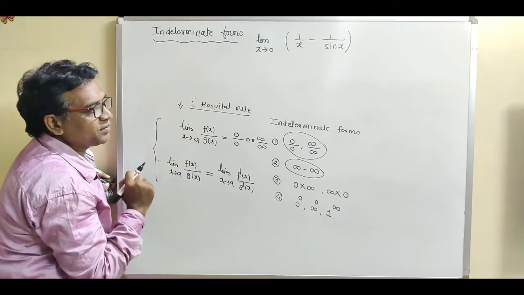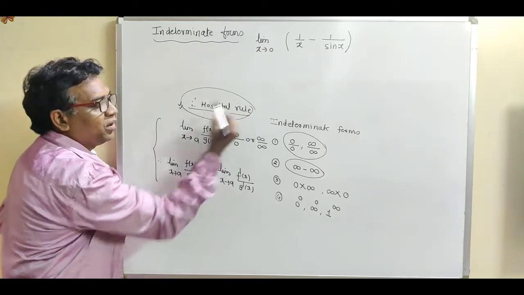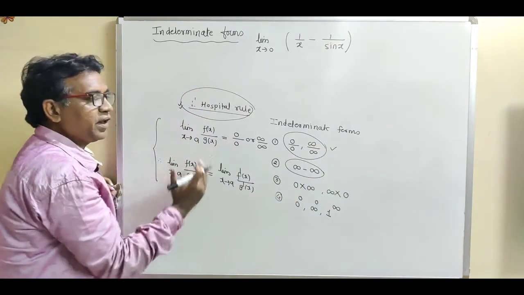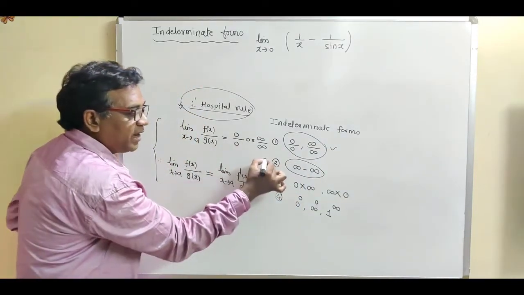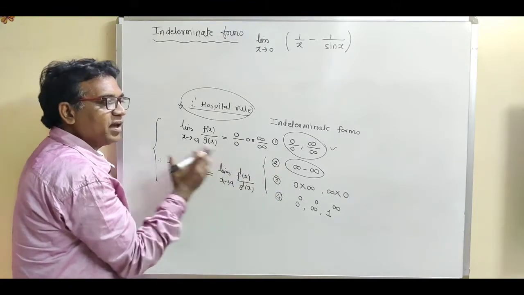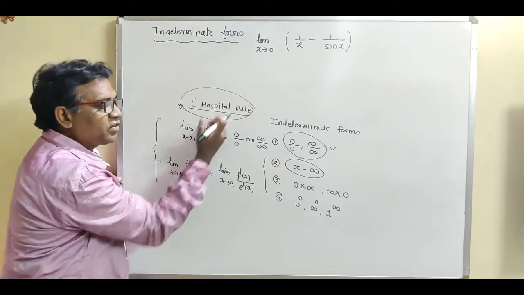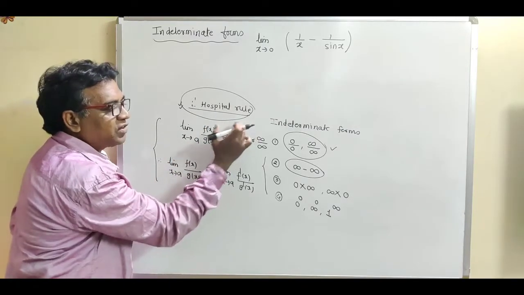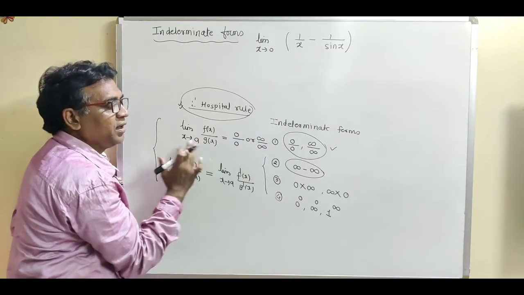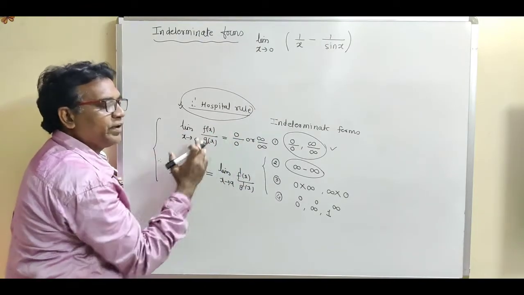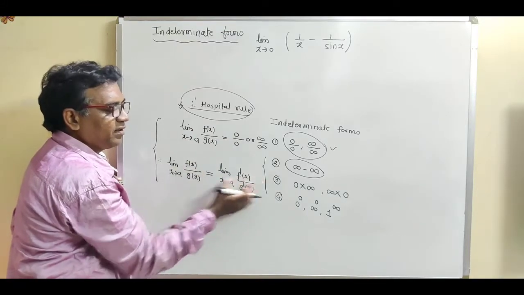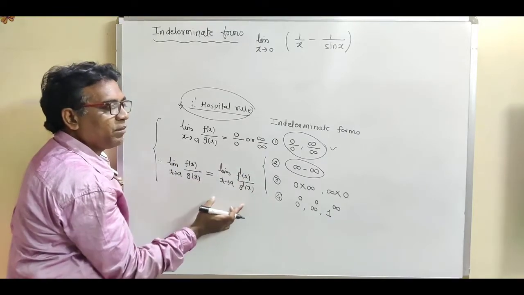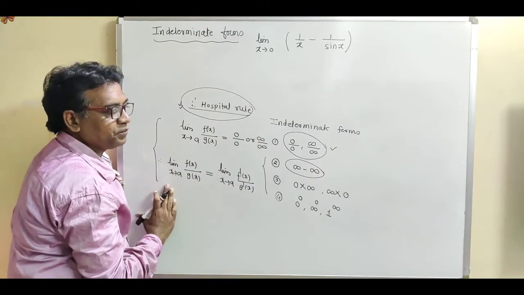So first of all, note this. The L'Hopital rule is applicable only for 0 by 0 or infinity upon infinity. For any other cases, we cannot directly apply this rule. This is the precondition: we require the division form, either 0 by 0 or infinity upon infinity. Then and only then can we apply the L'Hopital rule, by taking the separate derivative of numerator and separate derivative of denominator. Don't apply the u upon v rule.